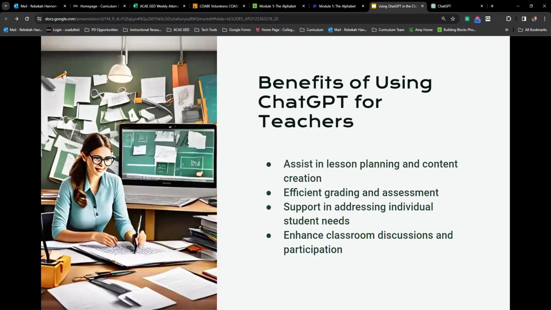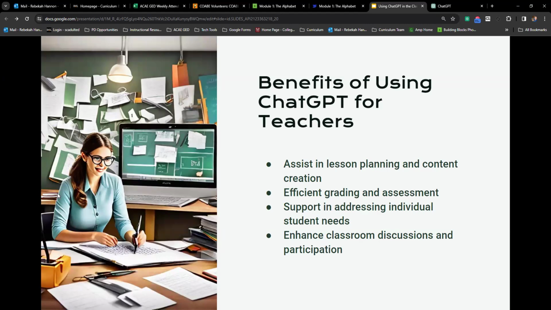All right, and we've already said it, but benefits of using ChatGPT for teachers. I think what you're going to see: assistance in lesson planning, content creation, grading and assessment. So I'll show you a way. I've had a student, they wrote an essay on the GED Ready. And of course, we know the GED Ready does not score those essays.